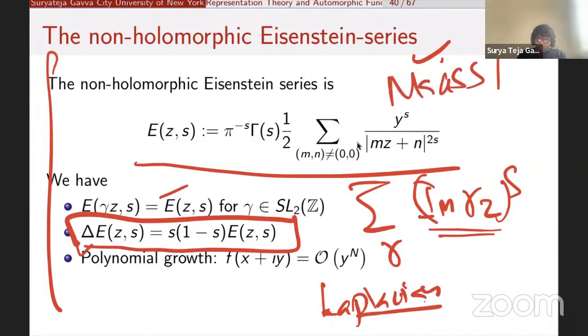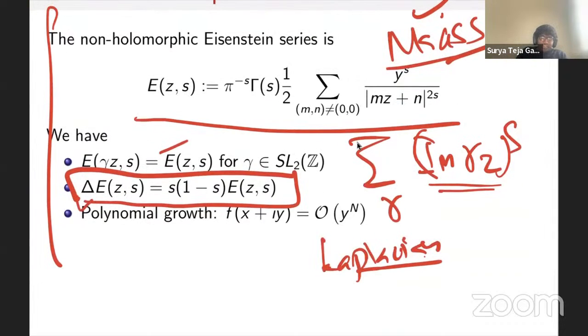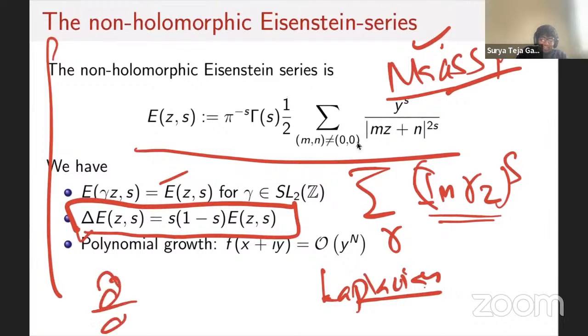You can think of holomorphic functions as satisfying the Cauchy-Riemann equations, but these Maass forms are eigenfunctions of the Laplacian. So both of them are solutions to some differential equations. They also have automorphy conditions, and you also impose some extra conditions like polynomial growth, to avoid